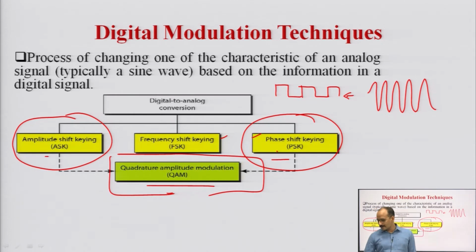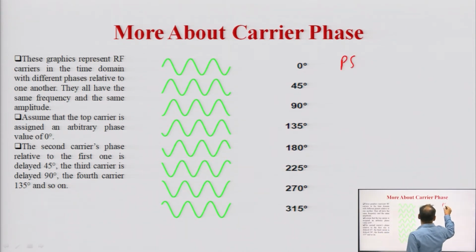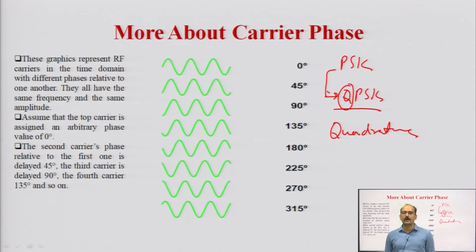But going towards quadrature amplitude modulation, we have to understand the carrier phase, because carrier phase plays a very important role in QAM. You have PSK as the basic technique, but the next technique is QPSK. In QPSK, Q stands for the quadrature part. Actually, you are using two carriers in this technique; the carrier is the same, but you are using two phases of the carrier. And why is the carrier phase information required?